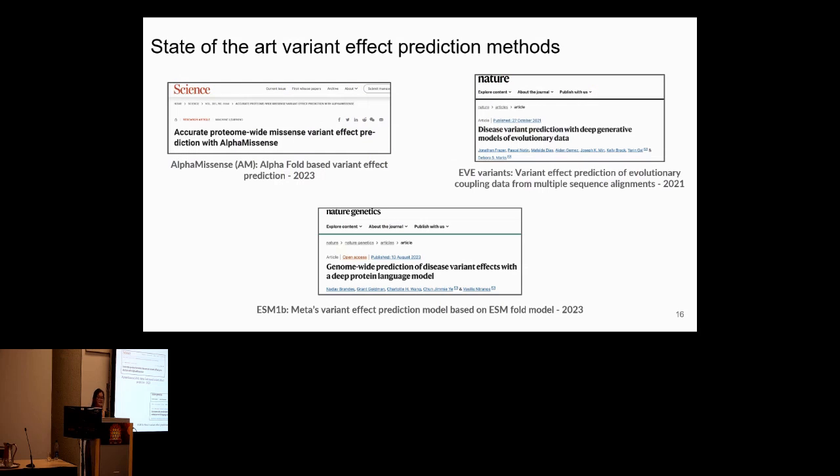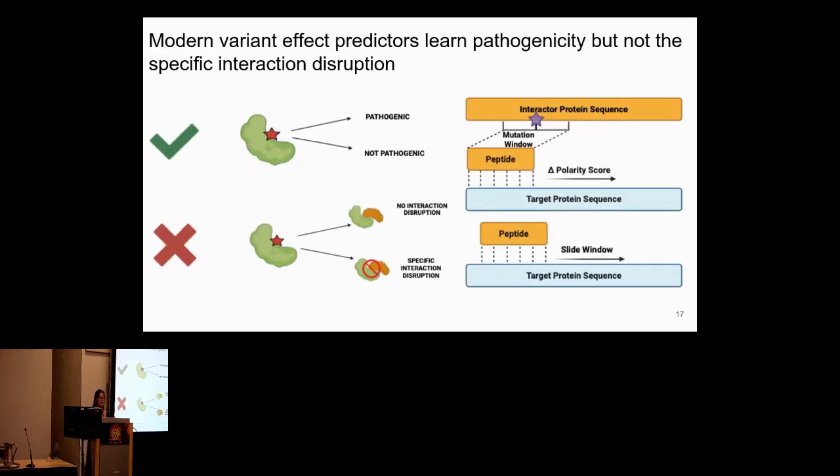model. There's EVE that uses evolutionary coupling data from multiple sequence alignments. And there's ESM1b, which is Meta's variant effect prediction model based off of the ESM model. And notably, all of these methods use some sort of alignment or structural information that helps aid their prediction. But one important caveat of these models is that our modern variant effect prediction models learn pathogenicity, but not necessarily specific interaction disruption. So I could ask this model, is this mutation pathogenic or not, but not necessarily, is this